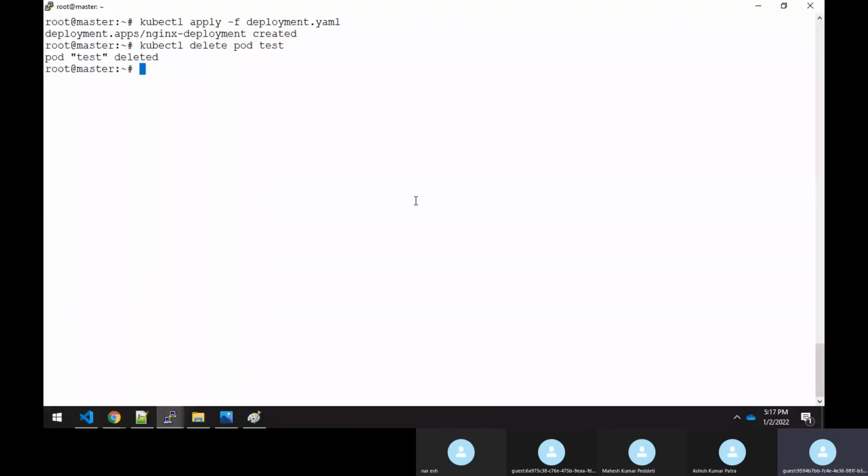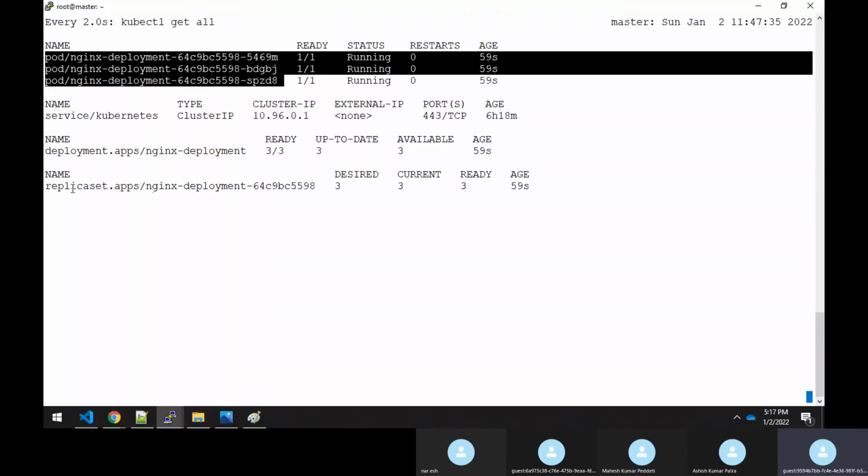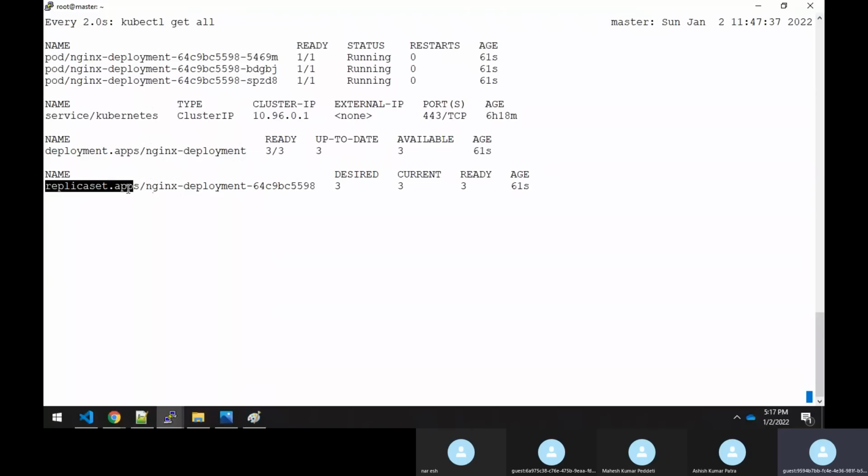So now you could see that it has created a replica set, and it has created the deployment. Under this replica set, all these 3 pods are under the control of the replica set. Now you can make out very clearly that this replica set is controlled by this nginx deployment.